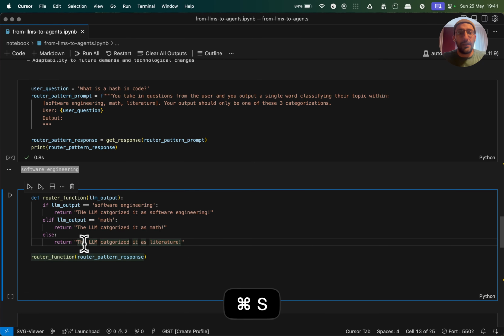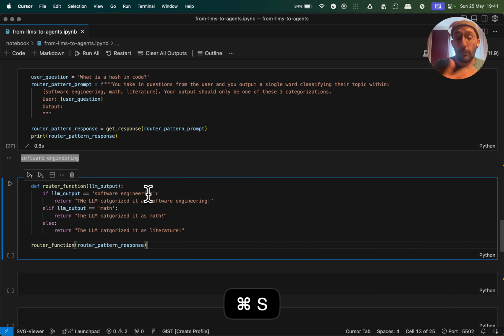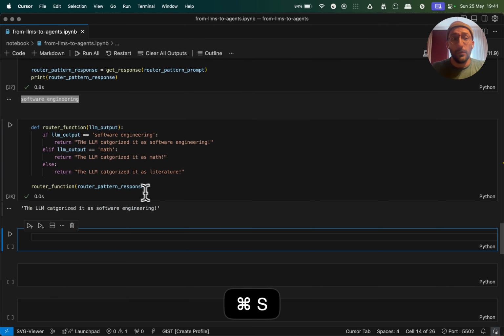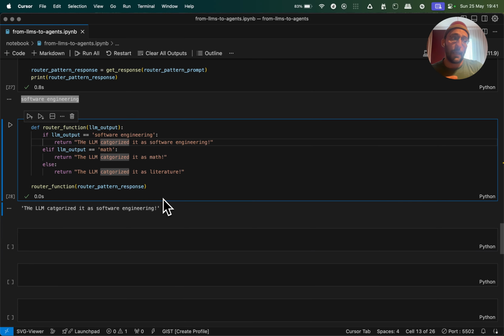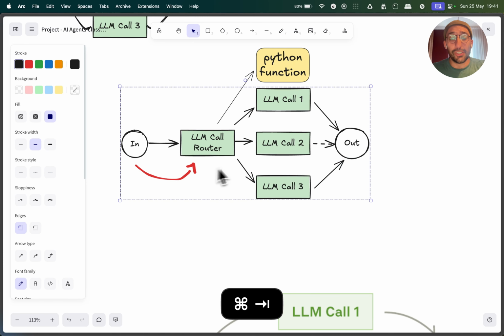We're just demonstrating this idea where we could have a Python function that is built on top of this output from the LLM to take this categorization and send it to somewhere else. This could be an output to an LLM that has a certain profile. For example, we could have an LLM that specialized in software engineering problems, another that specialized in something else, and so on and so forth, okay? Which is super powerful, folks. So this pattern is super powerful.